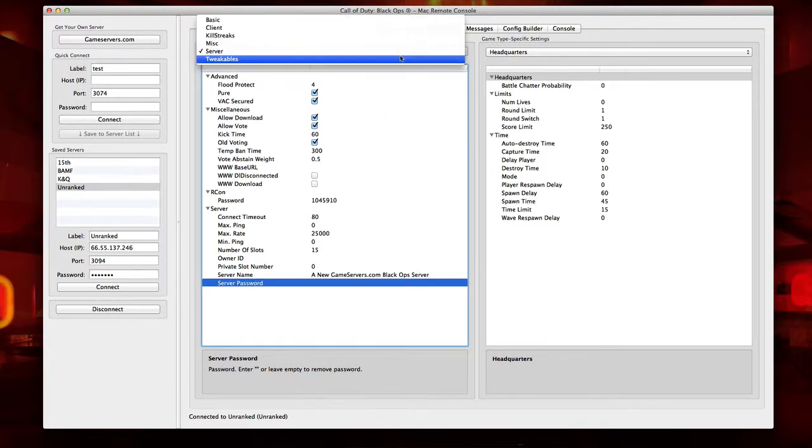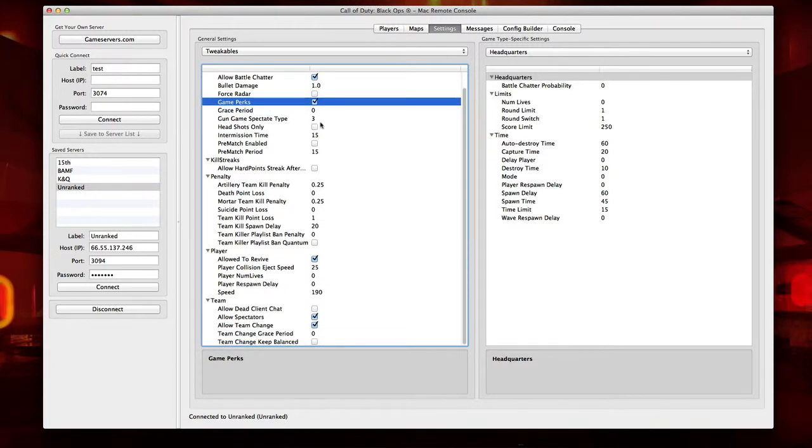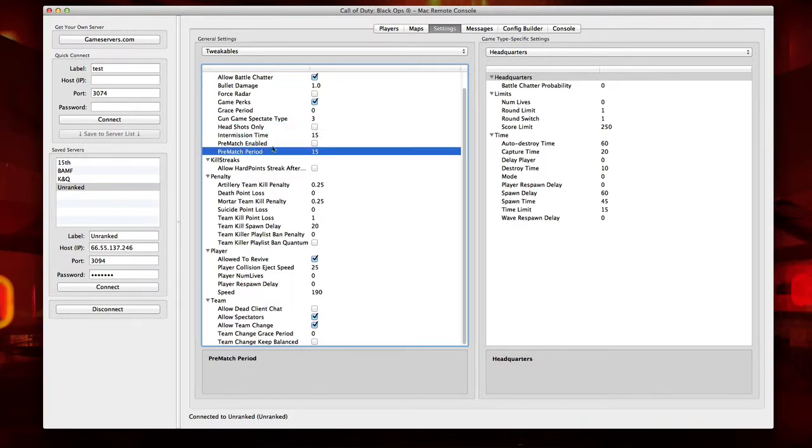And tweakables, here we get some other stuff. I'm actually not sure what the announcer is. Battle chatter is your friends and enemies calling stuff out, like Claymore or Sniper or enemy spotted and stuff like that. Also up bullet damage of all the weapons. Force radar basically makes a constant spy plane, like you get in certain wager matches. This is perks, you can disallow them. Sadly, we can't seem to customize exactly what perks you get, for example, it'd be nice to disable second chance and stuff. Can add headshots only, pre-match period,